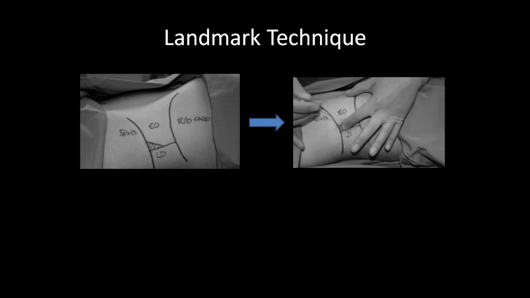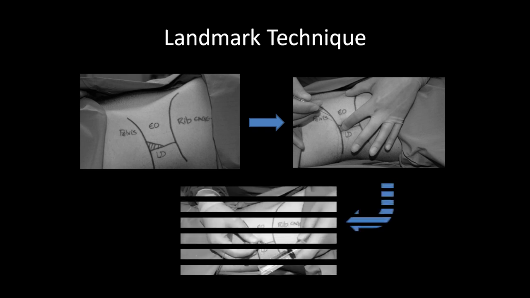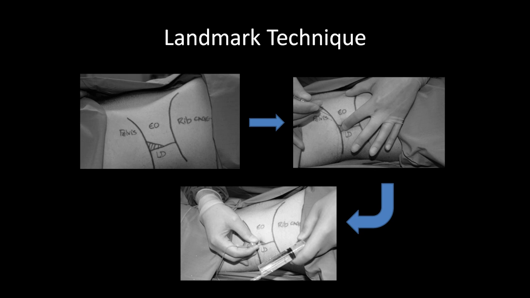It is difficult to appreciate the posterior boundary of external oblique muscle, and therefore you might have to rely more upon the anterior boundary of the latissimus dorsi muscle. As you do this, you would then dip your finger in this particular triangle, and around this area you can insert your blunt tip needle into this triangle, trying to get the two pops and putting some local anesthetic in there,